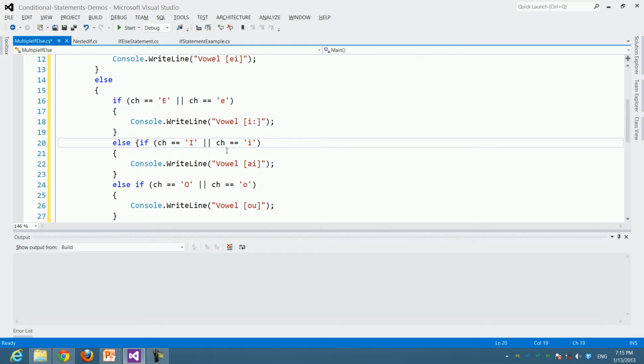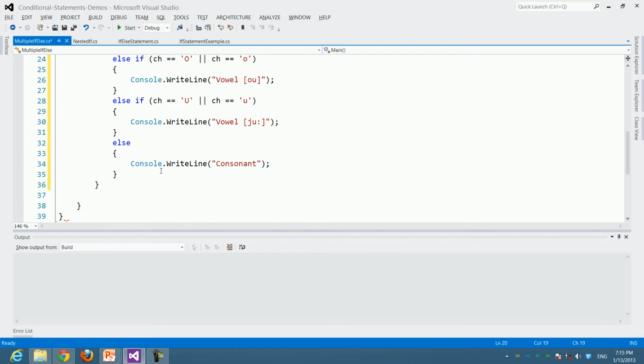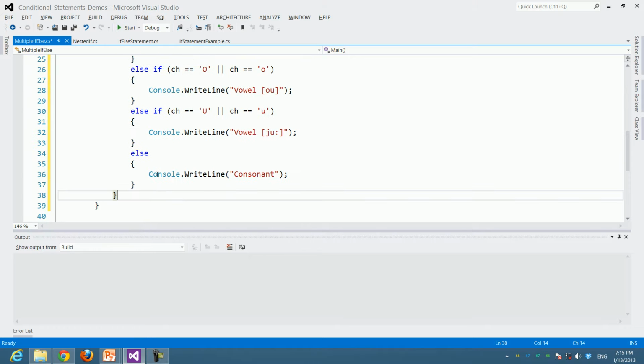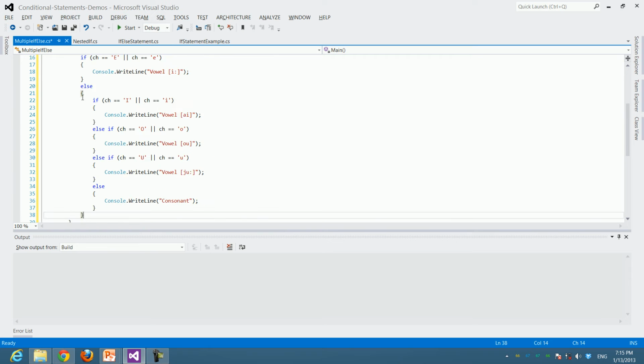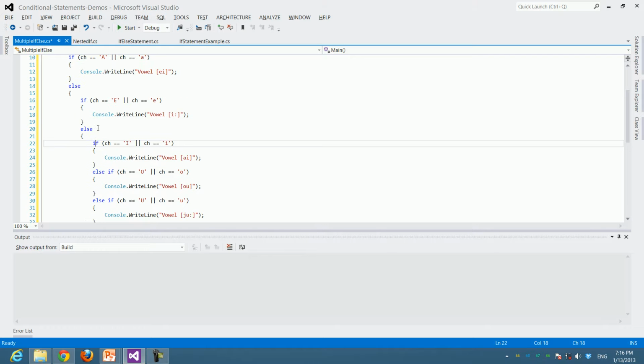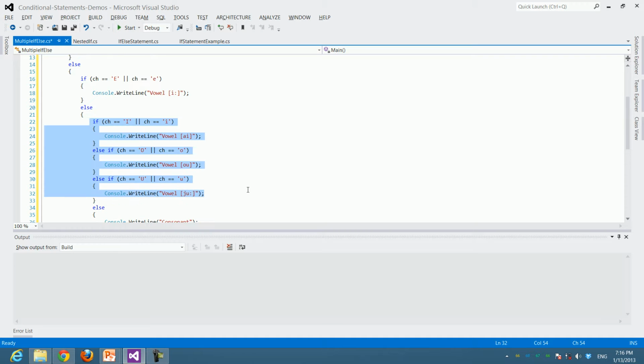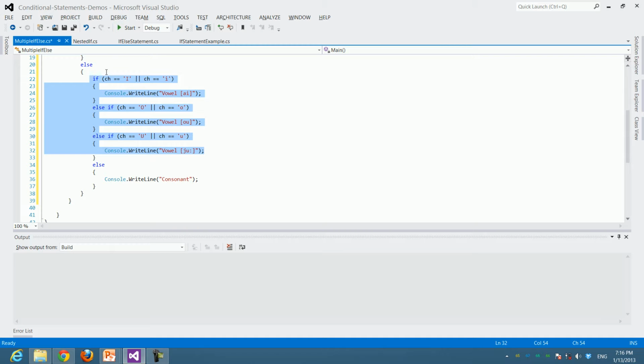For example, here's an opening bracket at this else, and here should be the closing bracket for that else. Here we go. This bracket over here closes with this bracket over here. So here's our next else. If the character is E, then we print out this. If it isn't, we do the next checks. So this is nested if else. This is actually nested if else, but with additional